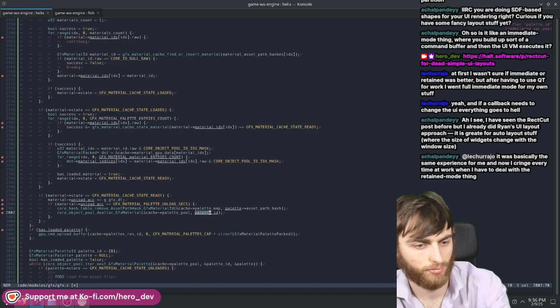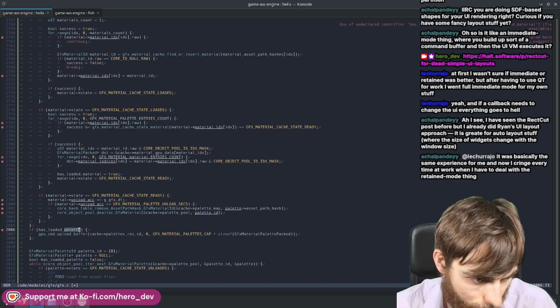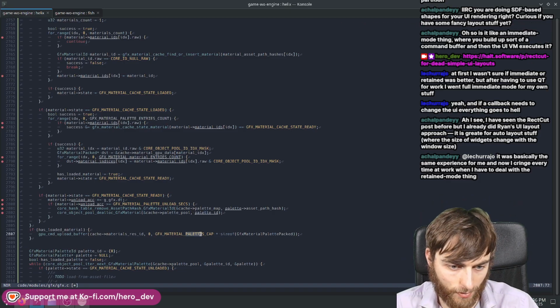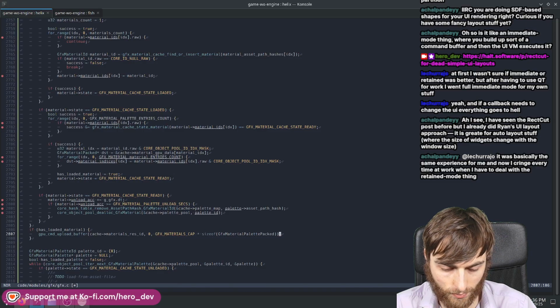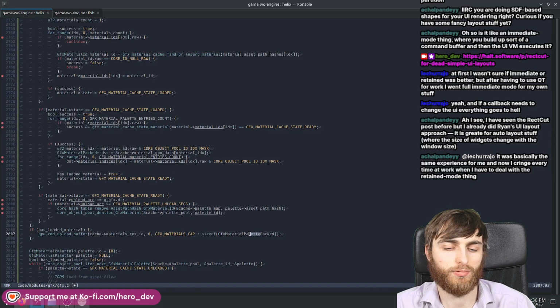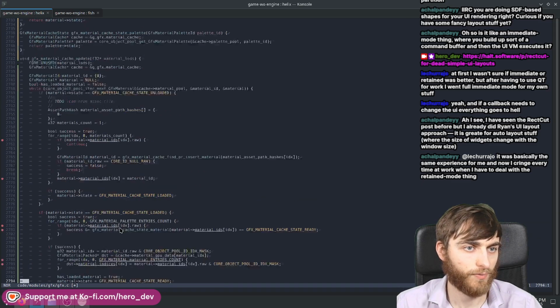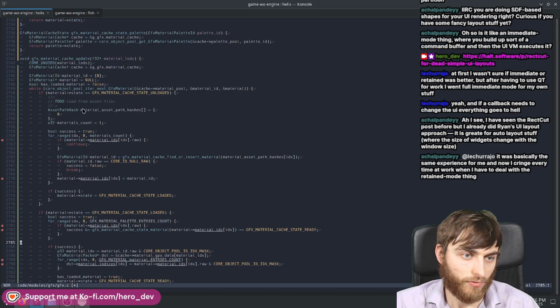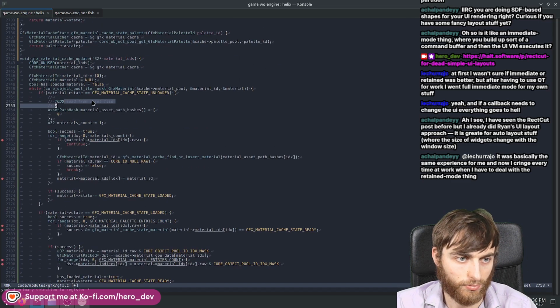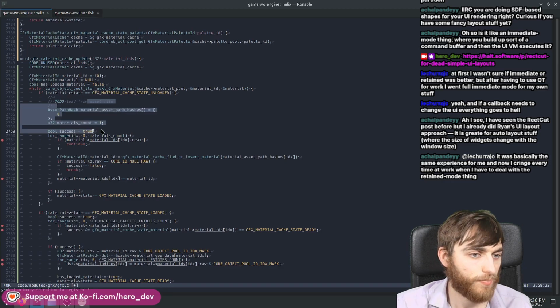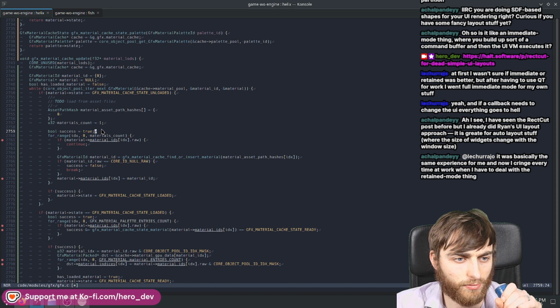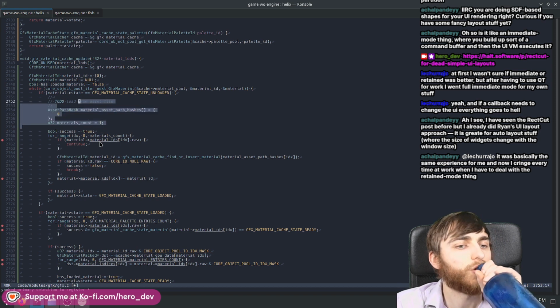Okay. So the palette's been loaded, then upload all the materials with size of material. Good. So right, to do, you want to load it from an asset file. So you go over all the materials, load it from an asset file if it's ready. And then